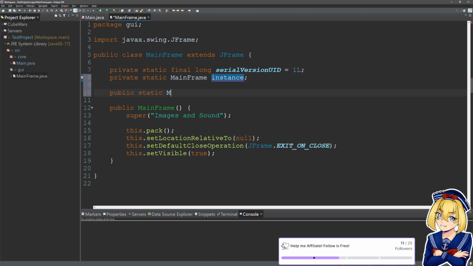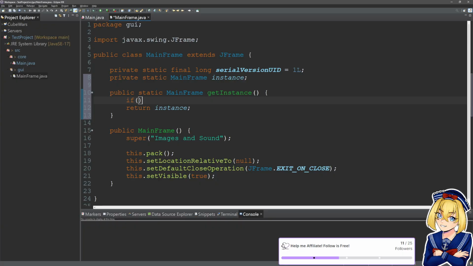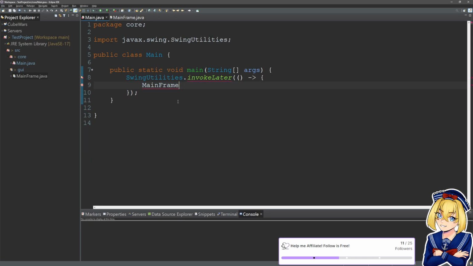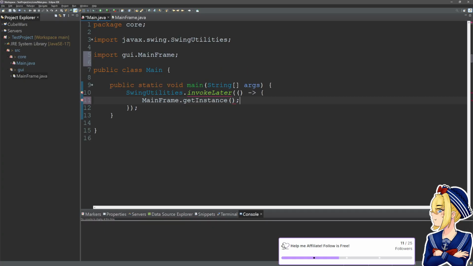Public static MainFrame getInstance. Return instance. If instance is null, then instance is a new MainFrame. Okay, and then we're just gonna say MainFrame.getInstance, and that should make our window.